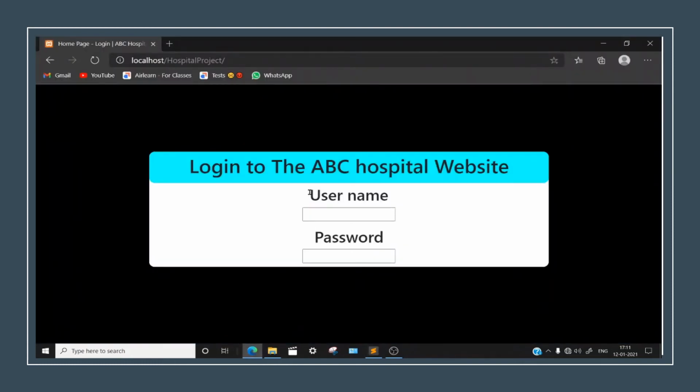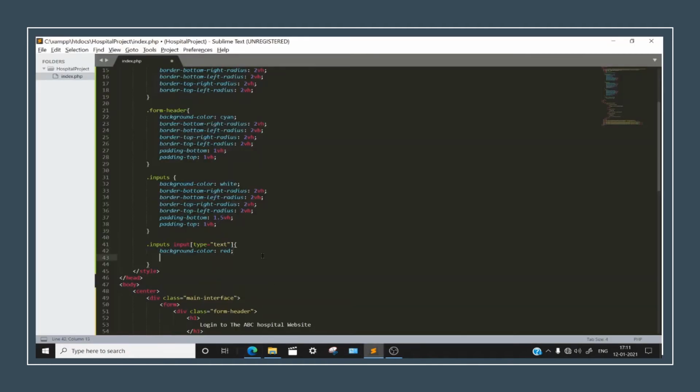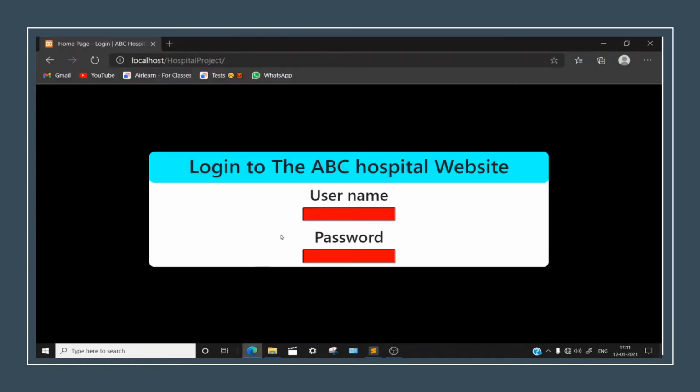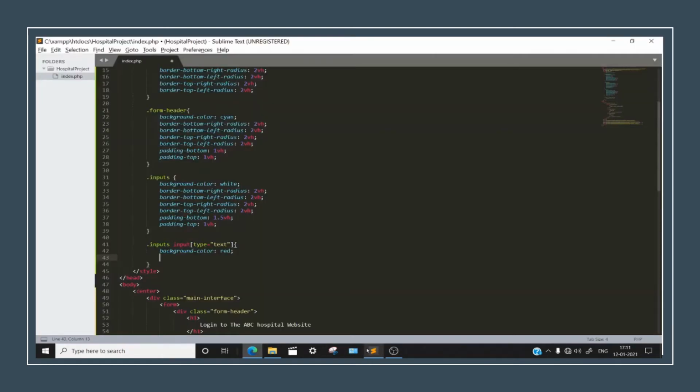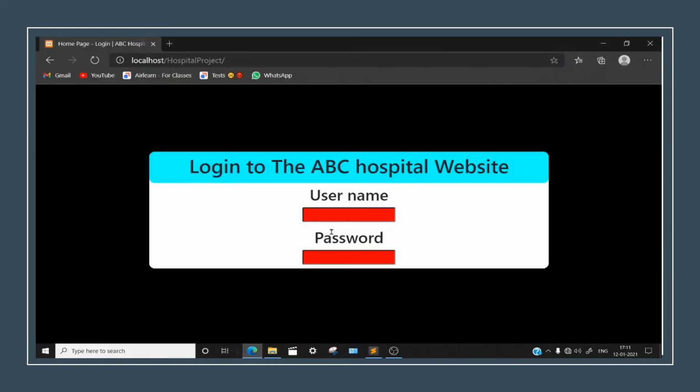Because at the end we will be removing all these background colors. I just want to see what this is doing and where it is going. Okay, so you can see that at the input place the red color has come. Now let's keep the padding bottom at 0.5 VH. Okay, this is also fine.